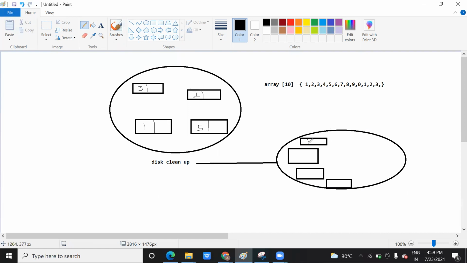And suppose you have a data like this 1, you have a data like this 2, and you have a data like this 3, and you have a data like this 4.